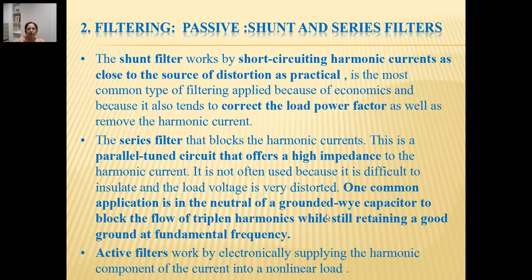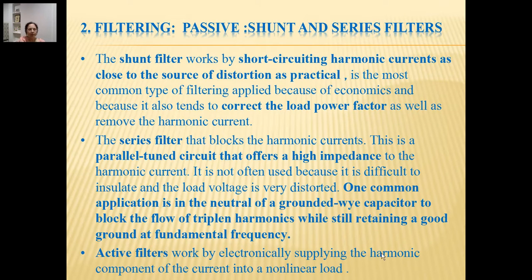The shunt filter works by short circuiting harmonic currents as close to the source of distortion as practical, and this is the most common type of filtering applied because it also gives load power factor correction. The commonly available shunt filters are in the form of capacitors, which we use for power factor correction. So it gives two advantages. It gives a filtering effect for the harmonic currents. We are aware that capacitors attract all higher frequency currents. It acts like a sink for harmonic currents, and so it filters the higher frequency currents,